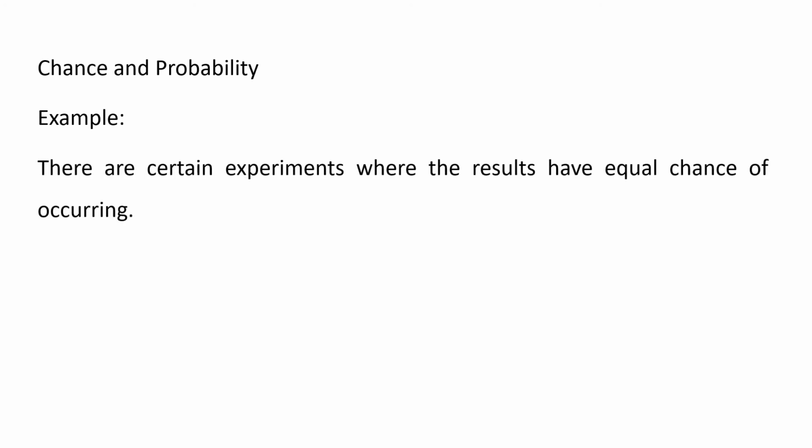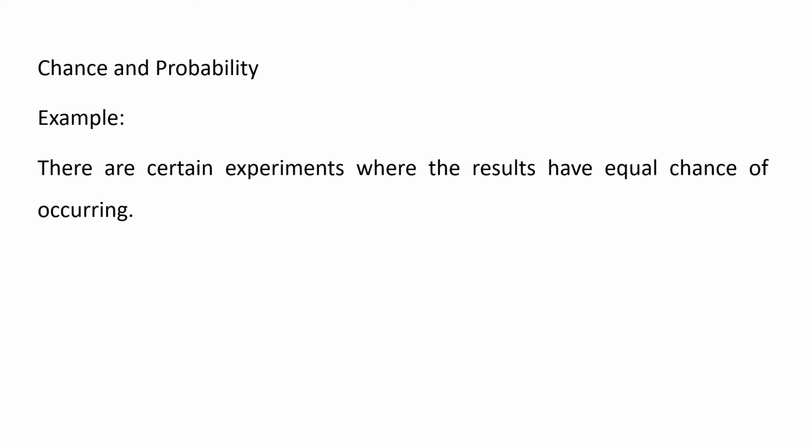The next topic, that is the last topic of this chapter, is chance and probability. So I'll give one small introduction. We'll see detail about this topic in the next section. I'll explain with an example. So what is probability, children? You take a coin and just toss it. For cricket and all, you'll be tossing, right? Who will be batting first? So there is a chance of getting tail and there is a chance of getting head.